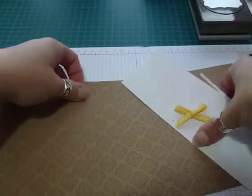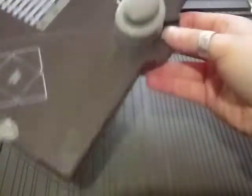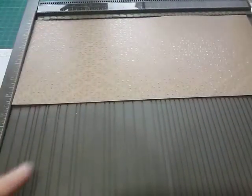Right, a couple of other tools you'll need is the scoreboard, and I'll just get it for you, the Simply Scored, which is this, and you'll need the envelope punch board or the corner rounder if you have it. I don't, I just have this. So let's get started. So what you need to do with your card is put it on the long side there,